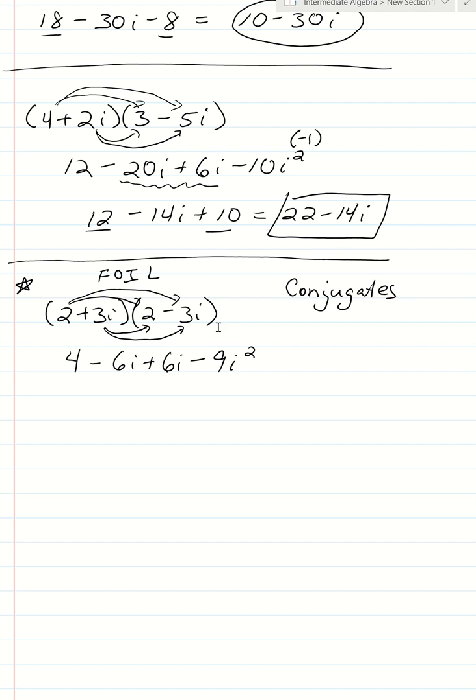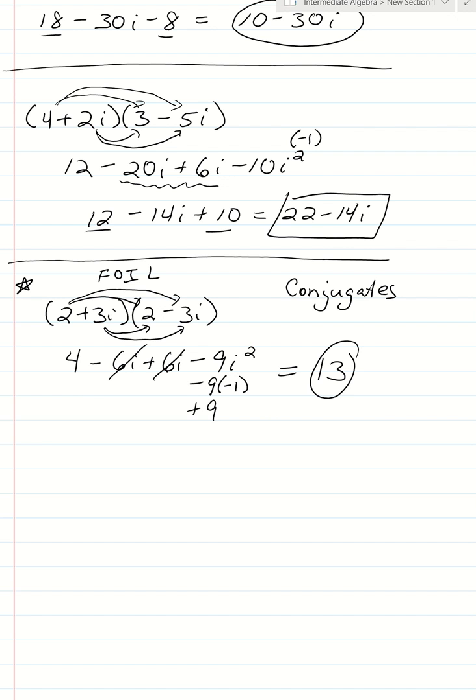Well, the negative 6i and the positive 6i, since they are opposites, they're actually going to cancel out. And we know now that the negative 9 times i squared is the same thing as negative 9 times the negative 1, which really is a plus 9. And when we take the 9 and add it to the 4, that's how we get our final answer of